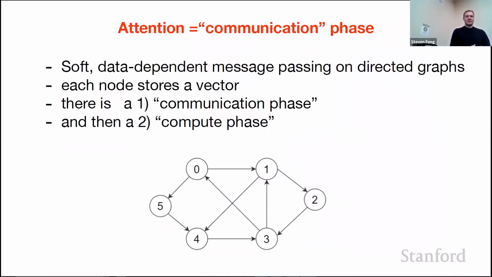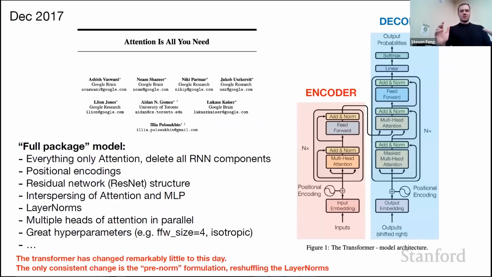Now, I wanted to go into the attention mechanism. And I like the way I interpret it, which is not similar to the ways that I've seen it presented before. So let me try a different way of how I see it. Basically, to me, attention is kind of like the communication phase of the transformer. And the transformer interleaves two phases: the communication phase, which is the multi-headed attention, and the computation stage, which is this multi-layer perceptron or feed-forward.